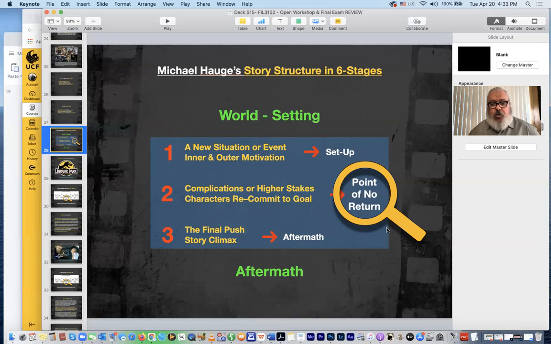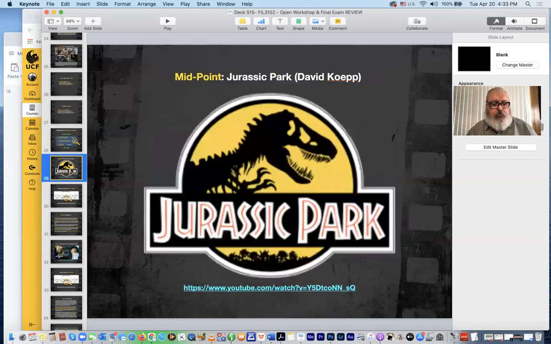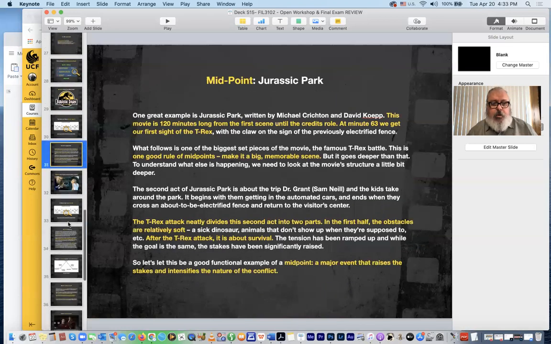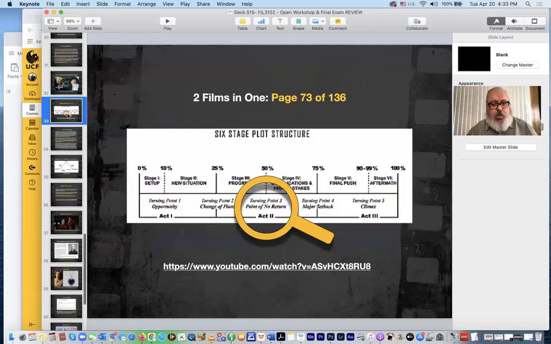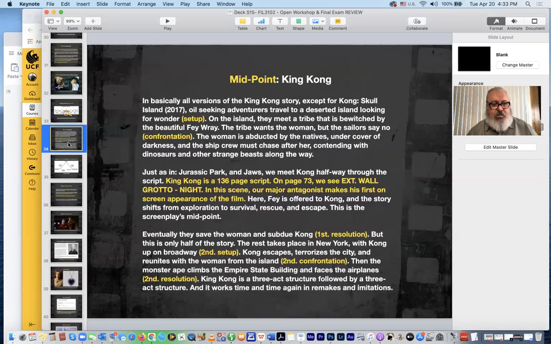At that point, we make a critical discovery, and then objectives and motives shift from the first half of the film to the second half of the film. And the climax and final resolution are all about a new objective for the protagonist. So there's Kong, there is Jurassic Park. I think I gave you some other examples too, but these were the ones that seemed to fit perfectly into that